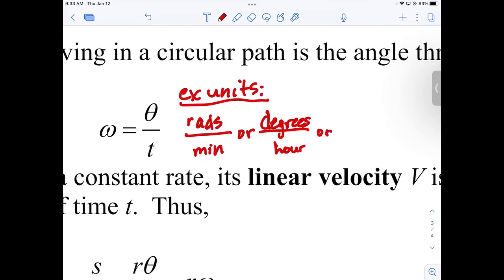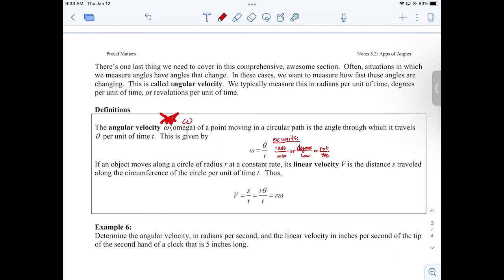Or we can have rotations. Rotations per second. Those are all units of angular velocity. It's a measure of angle, which we've measured in radians, degrees, and rotations, divided by any unit of time. Okay? Now, if we have an object that's moving along a circular path instead of a straight line path, we